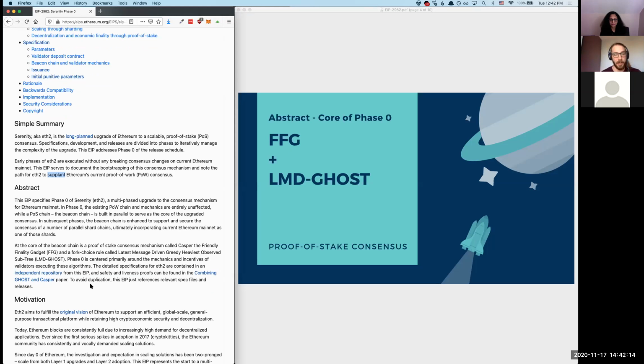Also, a strange part of this EIP is that a lot of work has gone into this, both in research, specifications, and implementations. And so a lot of what happens in this EIP is I give a TLDR and I reference the work. I note that the in-depth specifications are referenced, and there's this paper and actually a number of papers that discuss these algorithms more in depth. So I use this EIP as a way to pull a lot of these references into one place and have something very concrete that we can point to and discuss as we move towards mainnet.